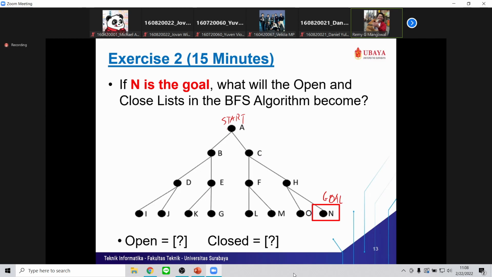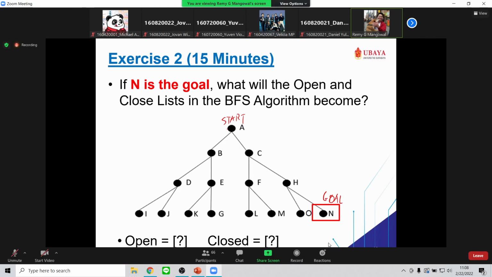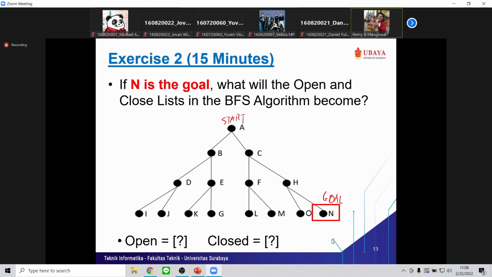You may use the same paper or maybe another paper as usual. Just make sure you do it in 15 minutes. Okay, the timer starts now, so it should be until 11:25. Good luck.